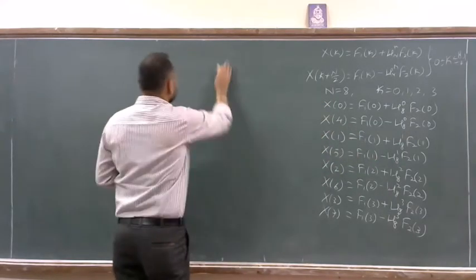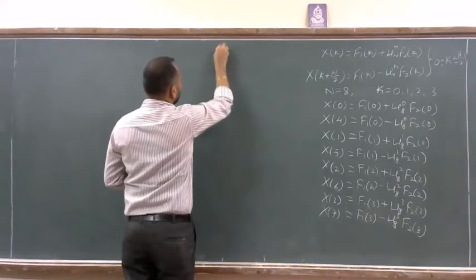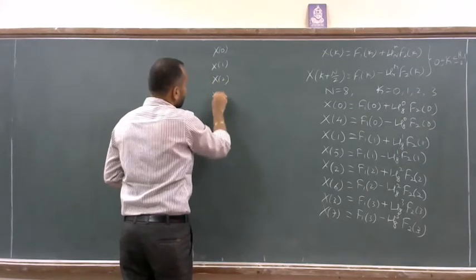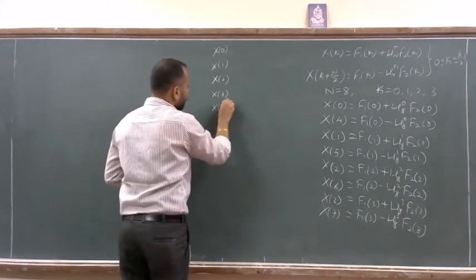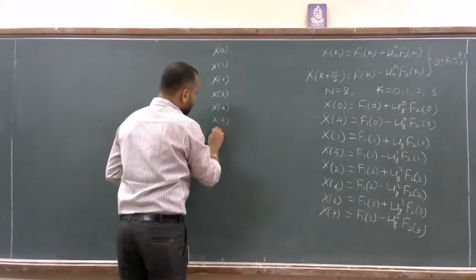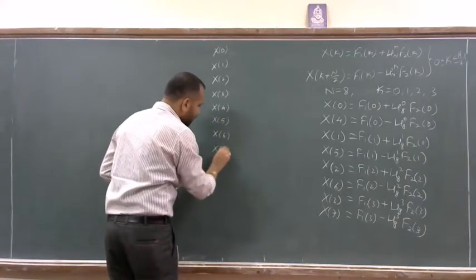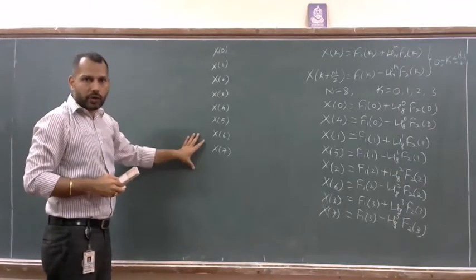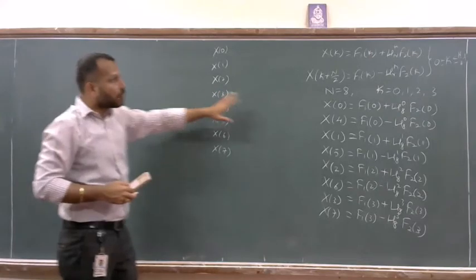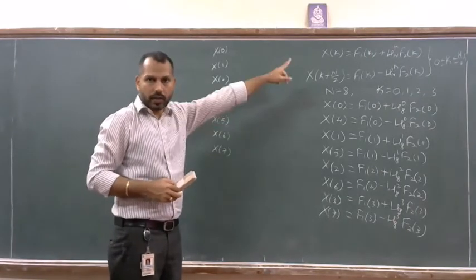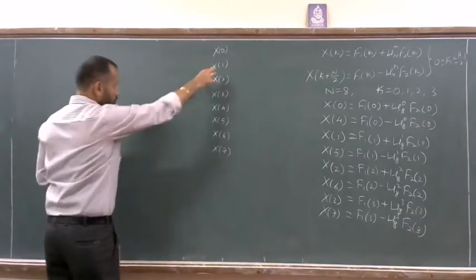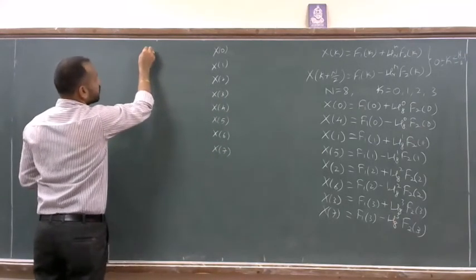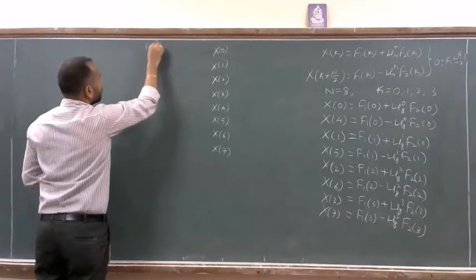So let us represent the output: X of 0, X of 1, X of 2, X of 3, 4, 5, 6 and 7. The output has to be an 8-point DFT, which will be obtained by combining two 4-point DFTs, f1 of k and f2 of k. So if this is the output at this stage, input has to be two 4-point DFTs,